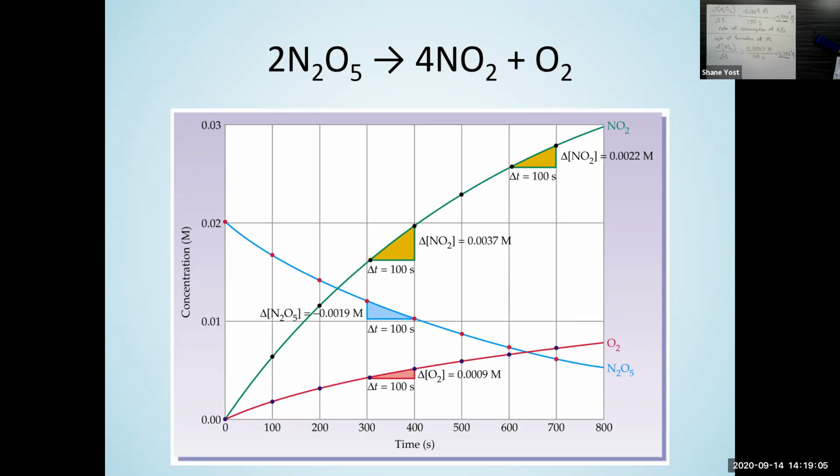So the rates of change of the concentrations of your reactants and your products are related to each other based off the balanced stoichiometric coefficients in your chemical reaction. And again, we can think about that conceptually: these coefficients are telling us, if I form 1 mole of this, how many moles of that do I form or lose? And those are directly related to the rates of change. Okay. Questions about this?